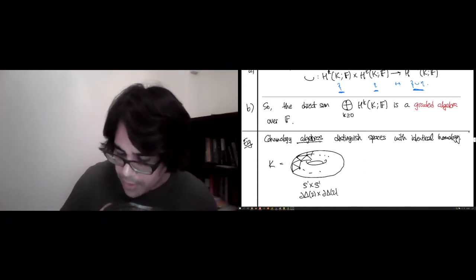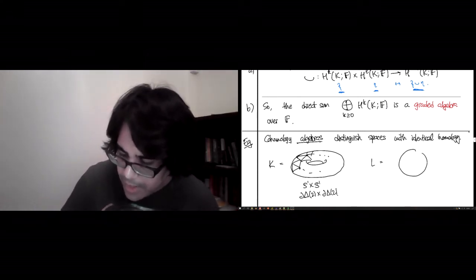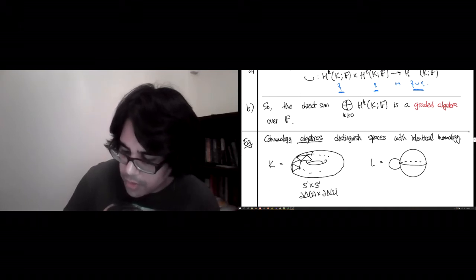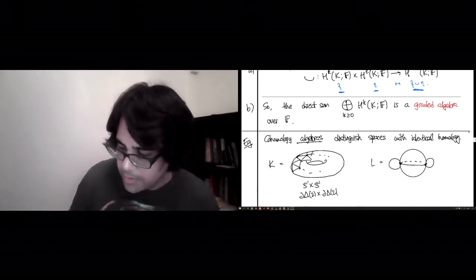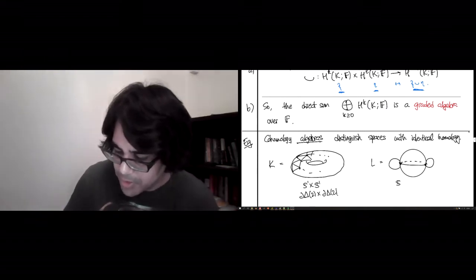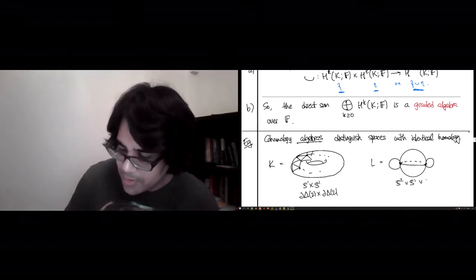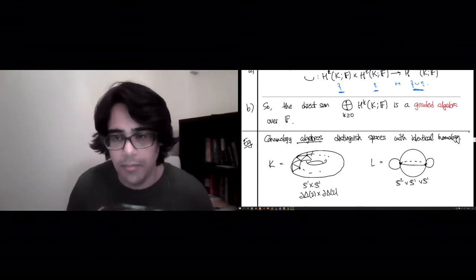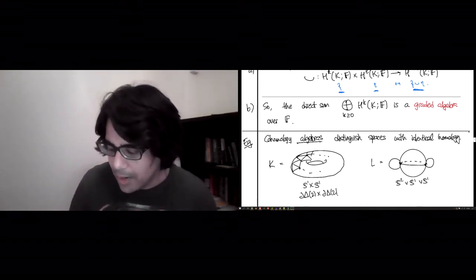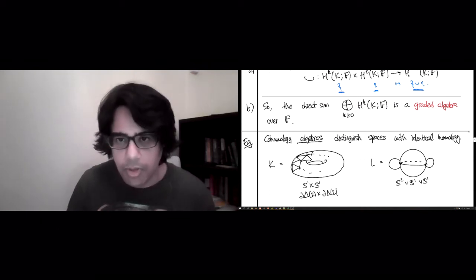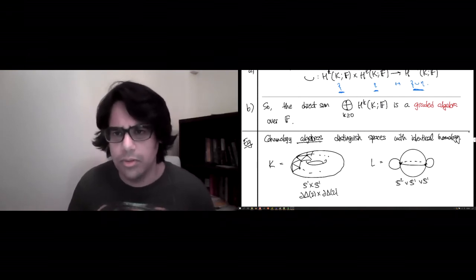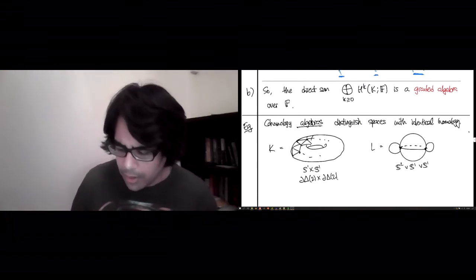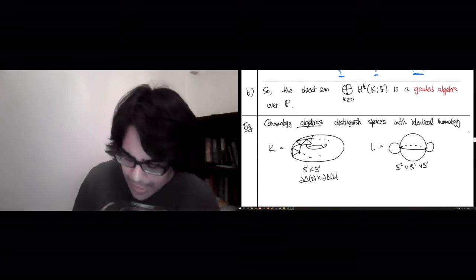Okay, and if you let L be any simplicial complex that looks like a 2-sphere with 2 little circles attached to it. So in official algebraic topology this is called a wedge product, and of course you can build this out of the hollow 3 simplex and 2 hollow 2 simplices. Sorry. Okay, so both have exactly the same homology,